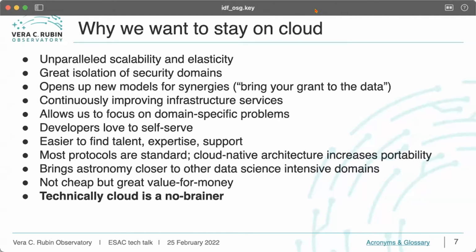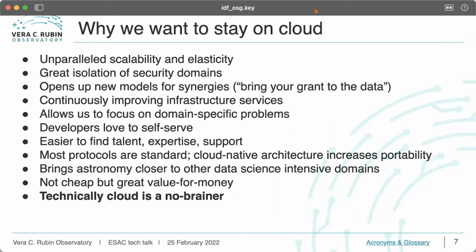It opens a whole bunch of potential synergies now that more of us are looking to cloud hosting data sets and services. The velocity on working in a cloud environment is phenomenal from the development point of view compared to working on premises. And this has nothing to do with the quality of the on-premises facility. This has to do with the fact that those facilities have been designed from the ground up to be self-serve from the developer's point of view. If you need more disk space, you don't have to go and file a ticket and ask somebody for more disk space.